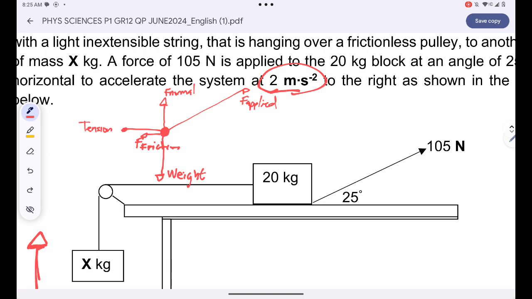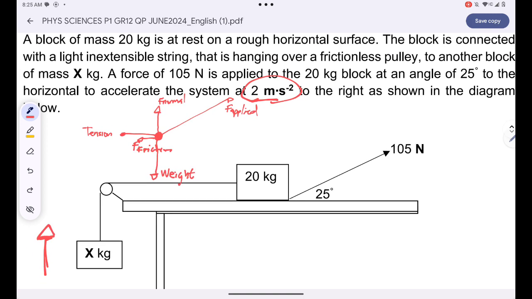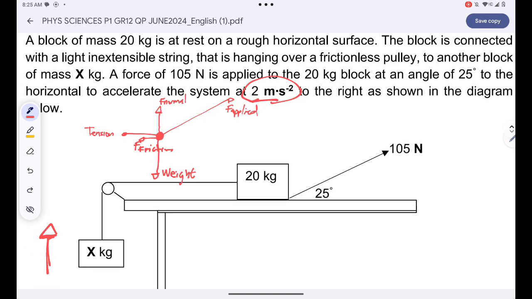Okay, so that's how, guys, you're supposed to draw your free body diagram. Or if you want to, you can draw the one that has the components of the applied force. The one that has the components of the applied force, yes, you will have your weight, you will have your kinetic friction, you will have your tension, you will have your normal force,